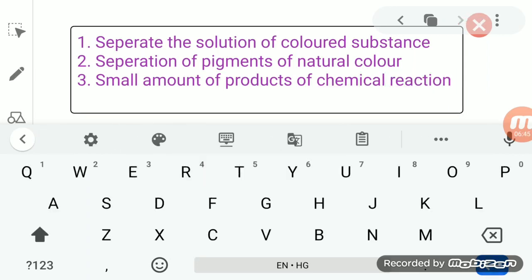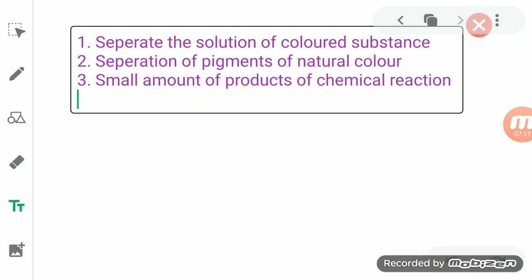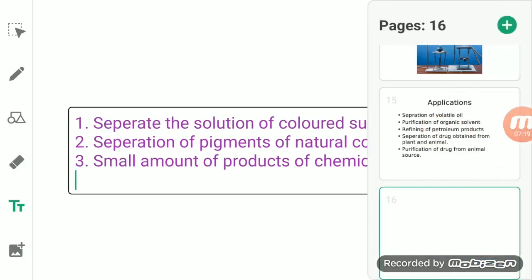Then the fourth one is that it is used in forensic science. It is very important, students, that it is used in forensic science to detect and identify trace amounts of a substance in the contents of the bladder and the stomach. So here we are simply talking about small amounts of drugs, hormones or vitamins present in the bladder and the stomach, which can be detected by the process of chromatography. So these are some applications of chromatography which we use in different fields.